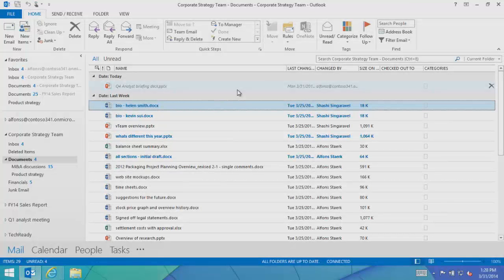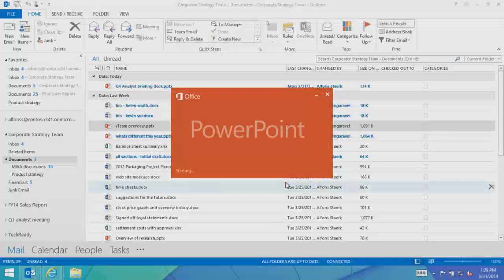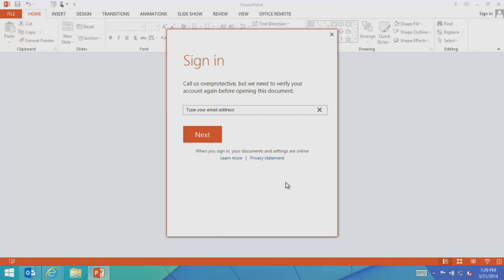What Outlook is doing is Outlook takes the document, sends it to Exchange. Exchange turns around and tries to publish that document in the document library in SharePoint. And as soon as that operation is confirmed, it will come back with a shortcut to that document, basically only presenting the metadata from that point forward. And whenever I want to open a document from Outlook in SharePoint, this is what actually happens. We will actually go to the SharePoint site, open the document from the SharePoint site, and ask me for